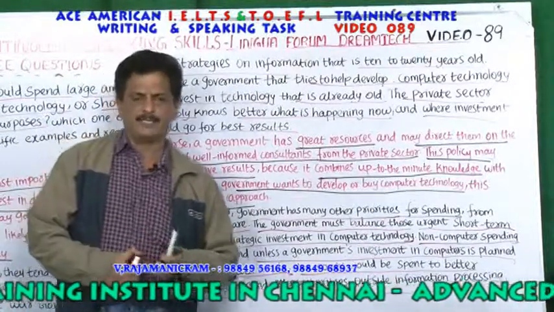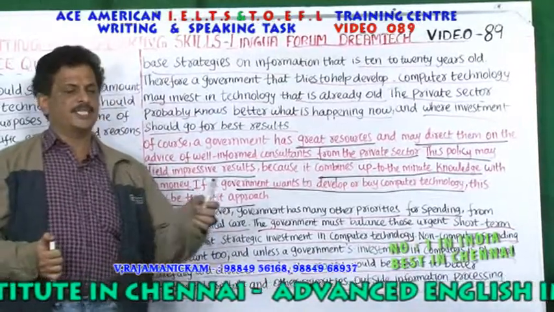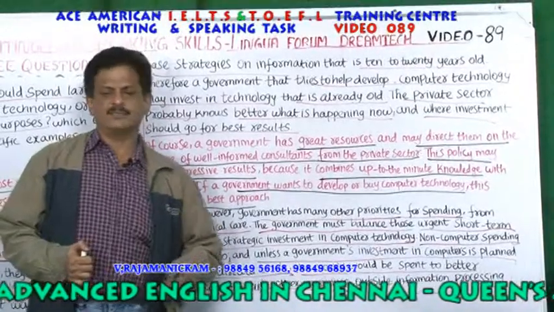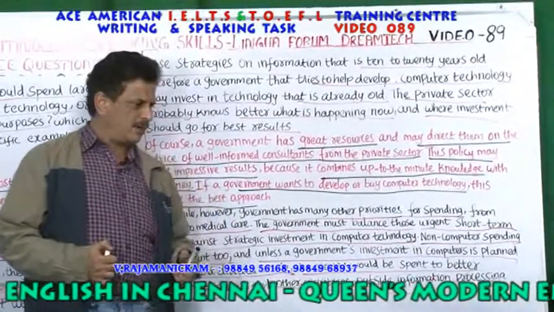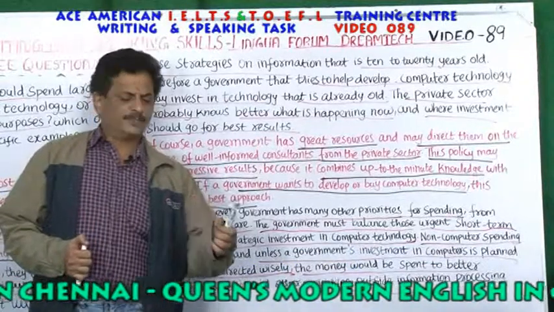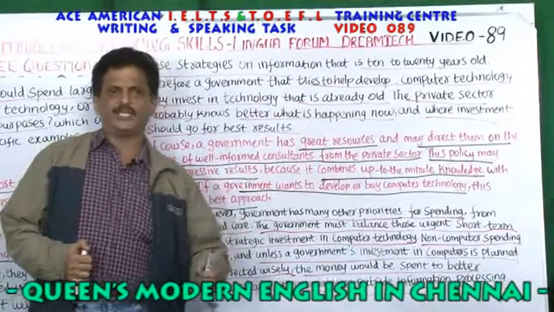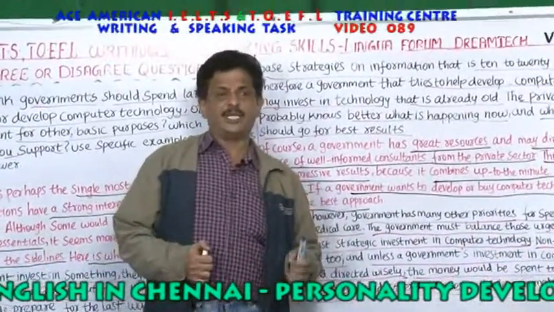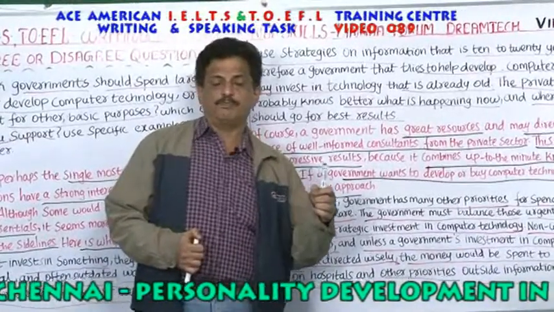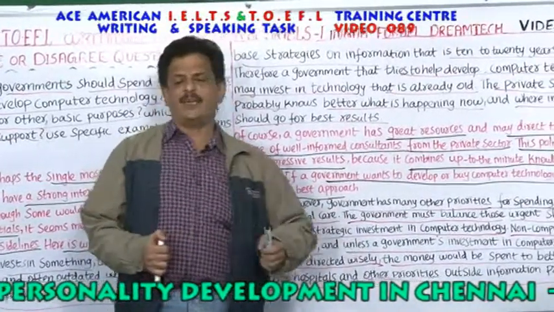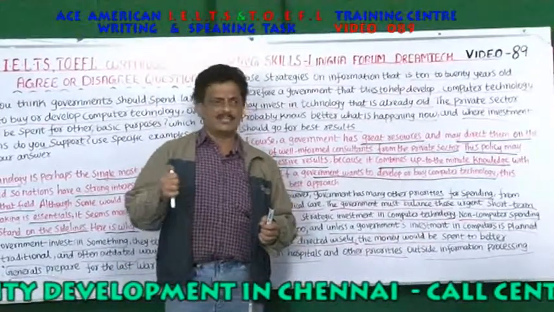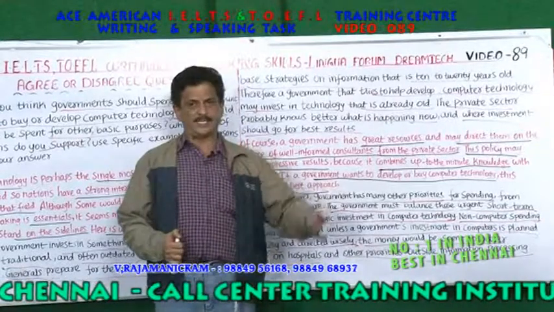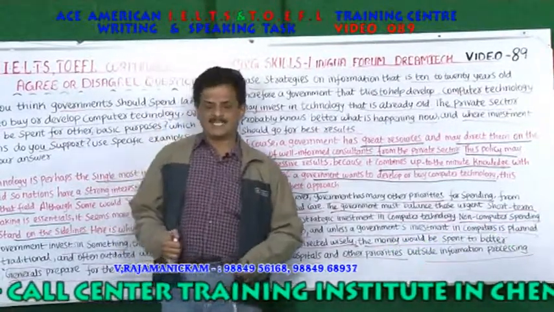A classic example is the government of Tamil Nadu in India, a state government which provides free laptops to all the students of 10th and 12th and college-going students. The government of Tamil Nadu takes care of providing free ration items for the people, and free electricity plus subsidies and pensions, and apart from that, they have made a wise investment in computers, providing lakhs and lakhs of free laptops to the students. So that can be taken as a classic example.